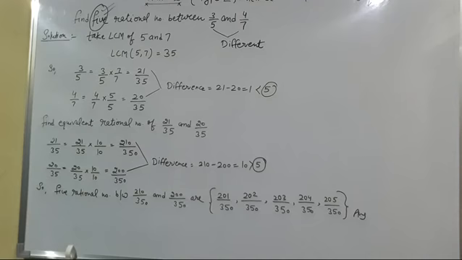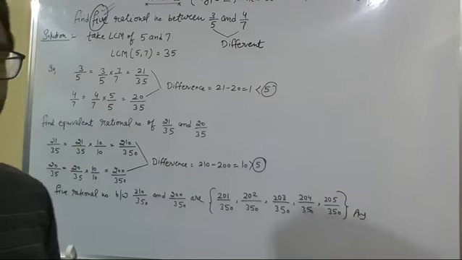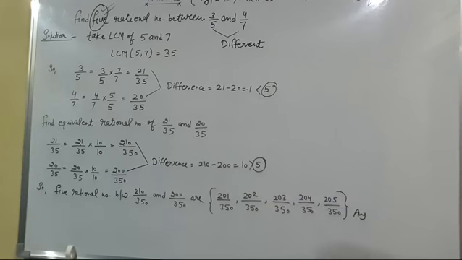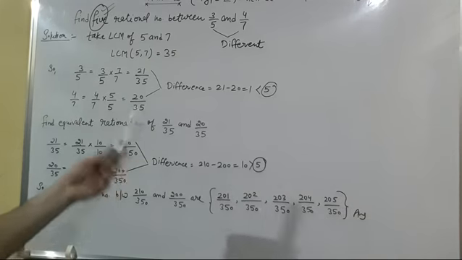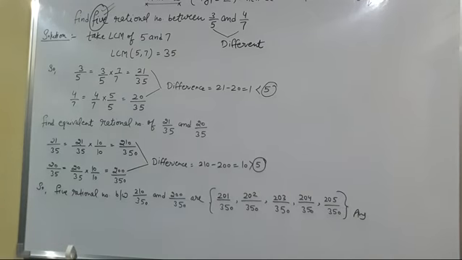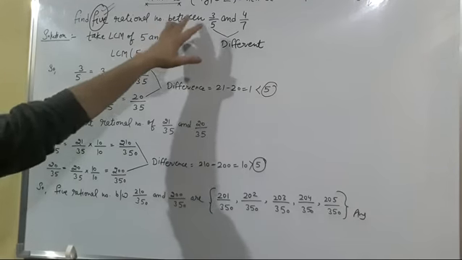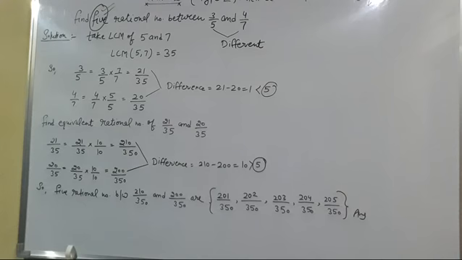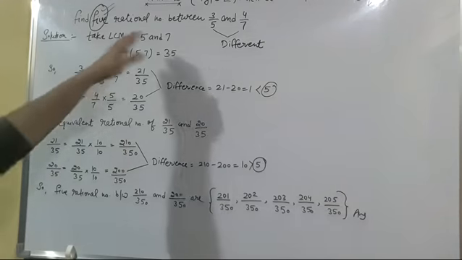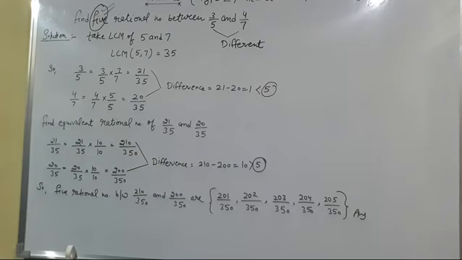Now we have completed this topic, when we have to find a few rational numbers between any two given rational numbers. In fact, there can be infinitely many rational numbers between any two given rational numbers. So we have studied two methods here. First is by the formula, c is equal to a plus b upon 2, and second by this method. Thank you.